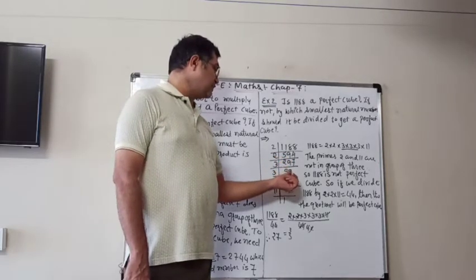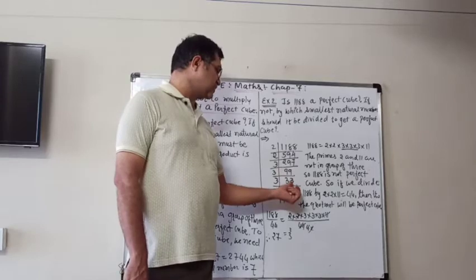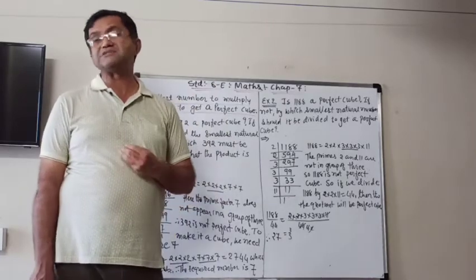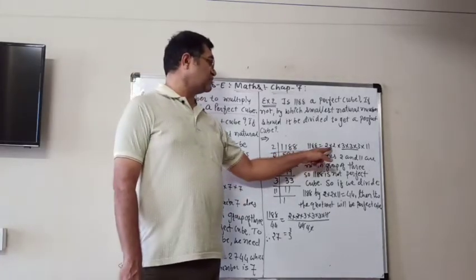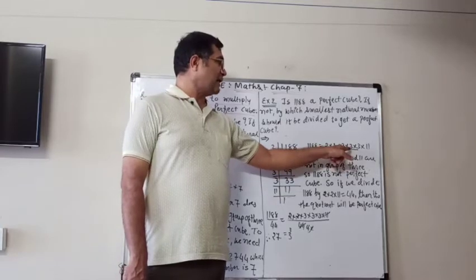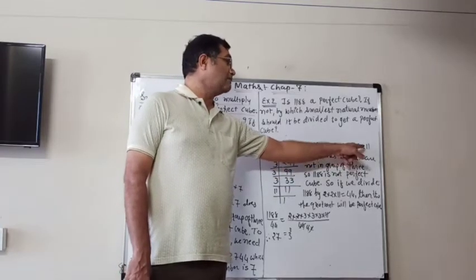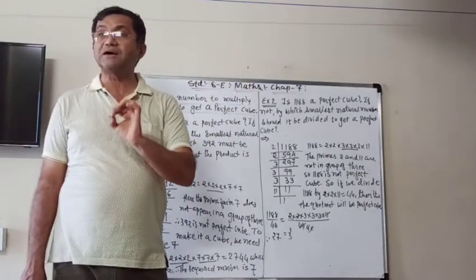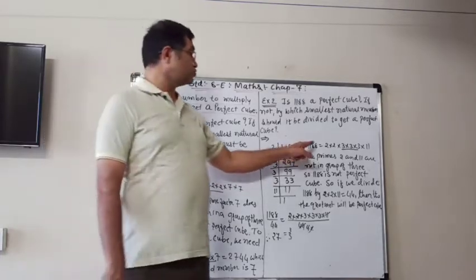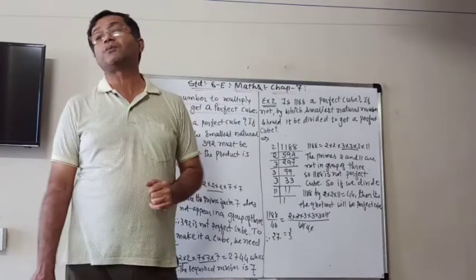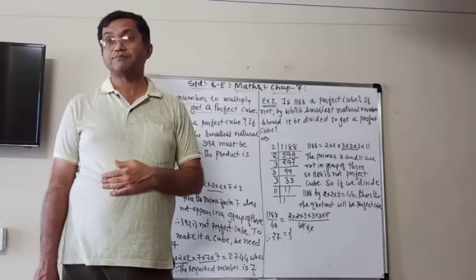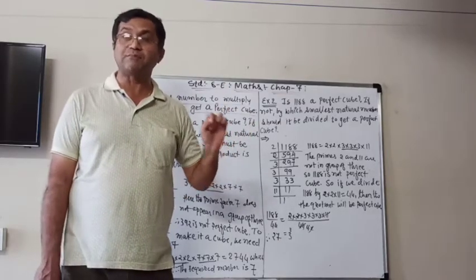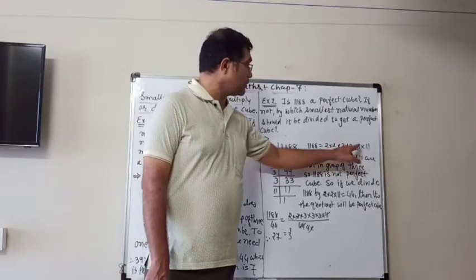So we get 99. 99 divided by 3 is 33. 33 is 11 threes are 33. And 11 is a prime number, so 11 ones are 11. So the prime factorization is 2 multiplied by 2, multiplied by 3, multiplied by 3, multiplied by 3, multiplied by 11. So here only the prime factor 3 occurs in a group of 3. But 2 and 11 are not in a group of 3, so we have to remove them. It means that we have to divide this 1188 by 2 multiplied by 2 multiplied by 11.